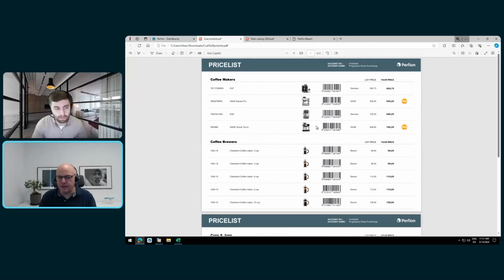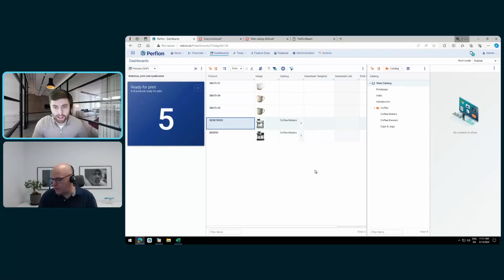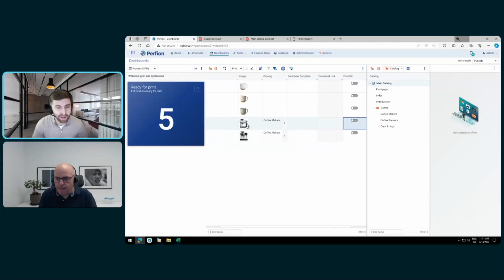Report template generator in here. Customers and users aren't confined to the Perfion, as good as it may look. The Perfion design of these bits of content, are they